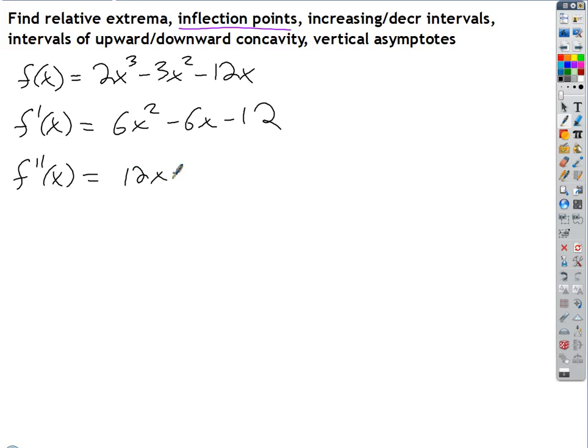12x minus 6. Okay, so now we can find our critical numbers. And these are gonna be easy to find. These are all polynomials, right? So we don't have to look for any weird places where the derivative is undefined. Polynomials are defined everywhere. What's gonna be the equation that when I wanna solve for the zeros, I could simplify it, right? 'Cause I'm just trying to find the places where it's zero. I could factor out a 6? Yep. So I'm gonna say this is equal to,